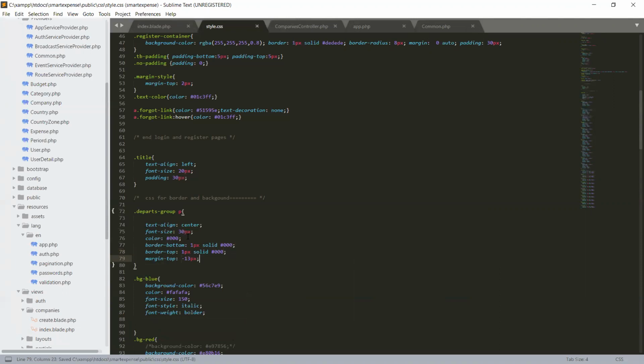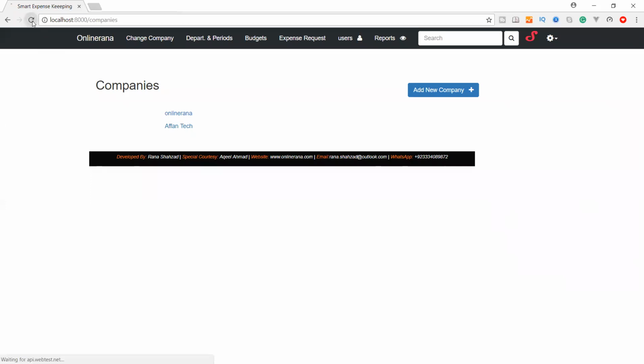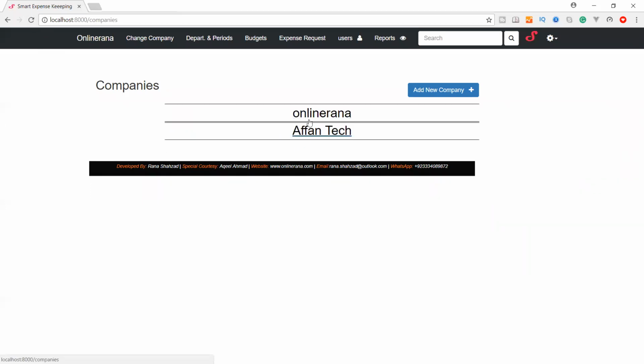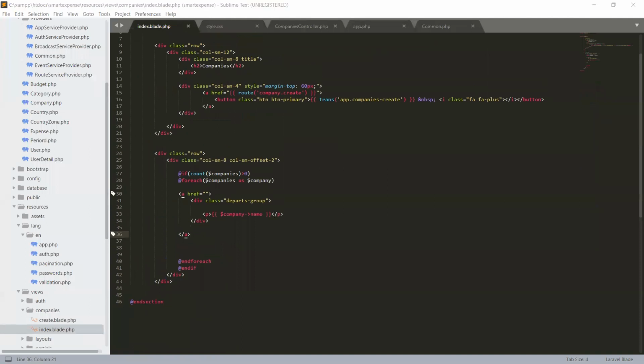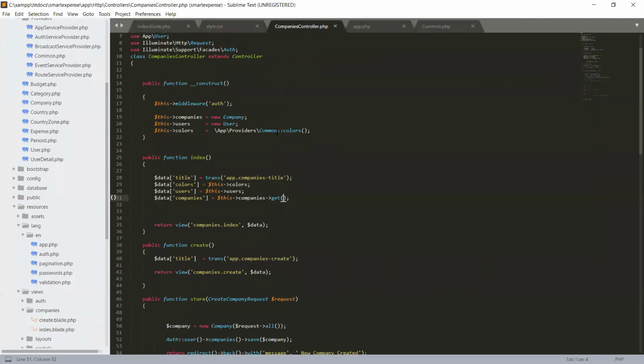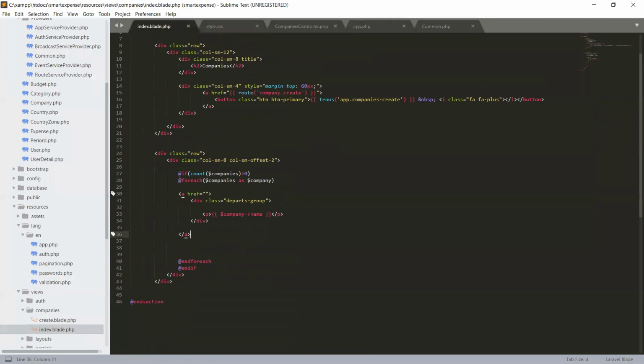So, okay, let's check in browser. So it looks like this. Okay, let's come to our index and style with the color that we are accessing from our data. Color models, where colors, common file. And where is the h1 tag? Here.